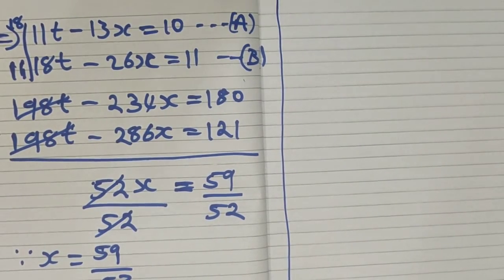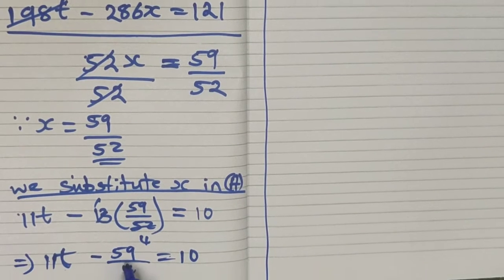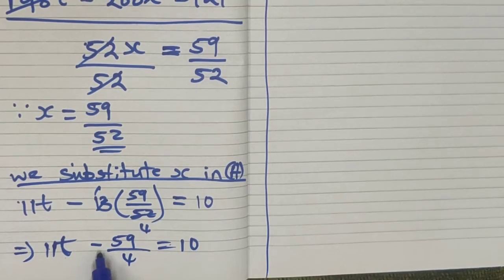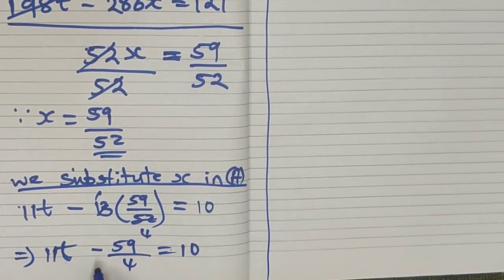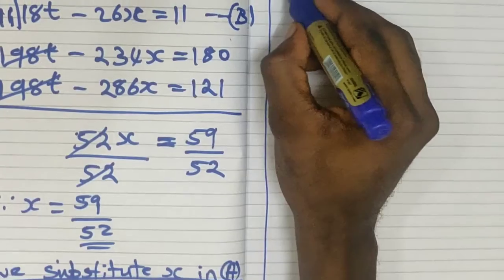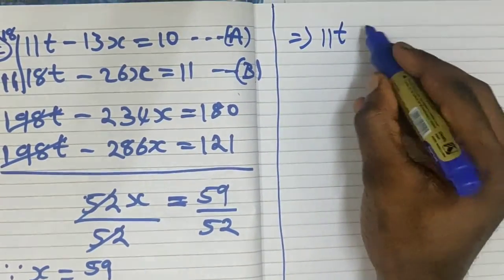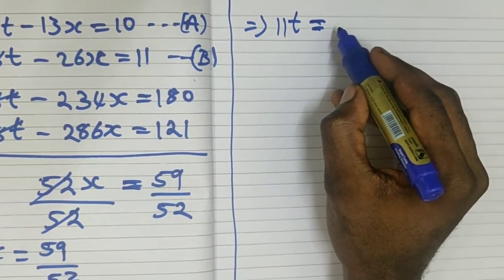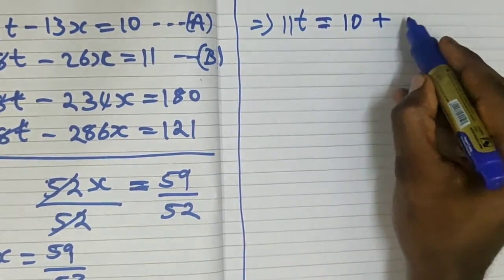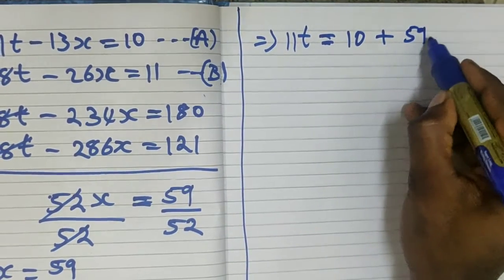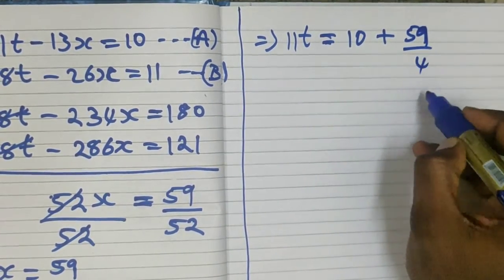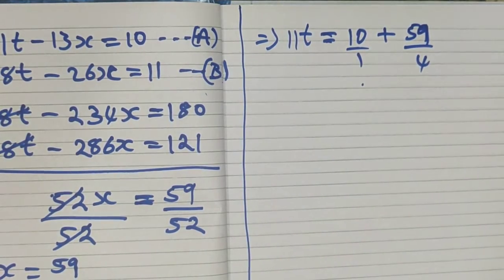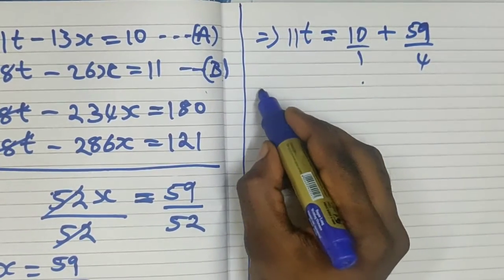So what are we looking for? We are looking for t. So we are going to send this negative 59 on 4 to the right, and when it comes to the opposite direction, the sign changes. So we are going to have 11t is equal to 10 plus 59 on 4. You can still put 10 on 1, it is still the same as 10. So if we add this fraction, we are going to have